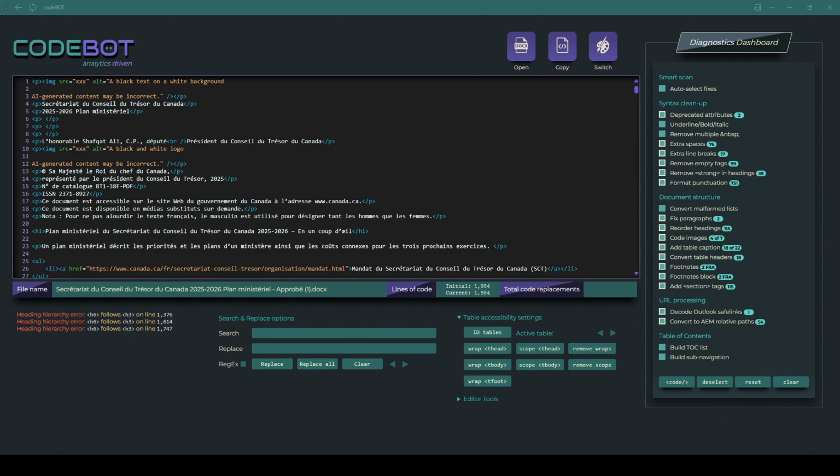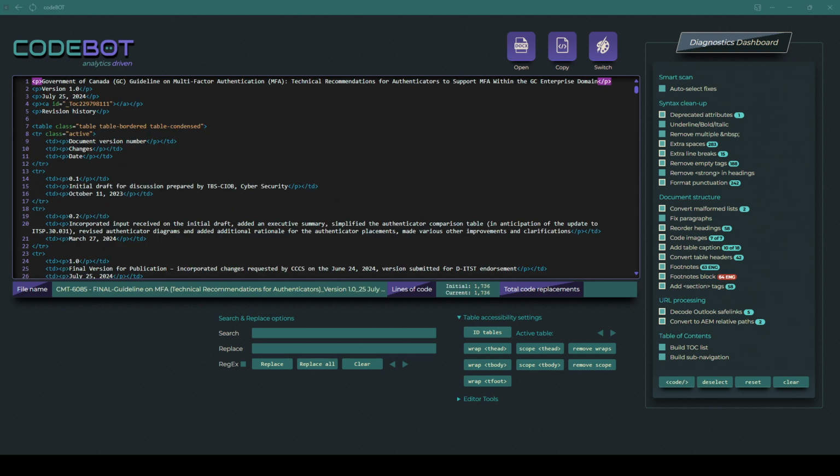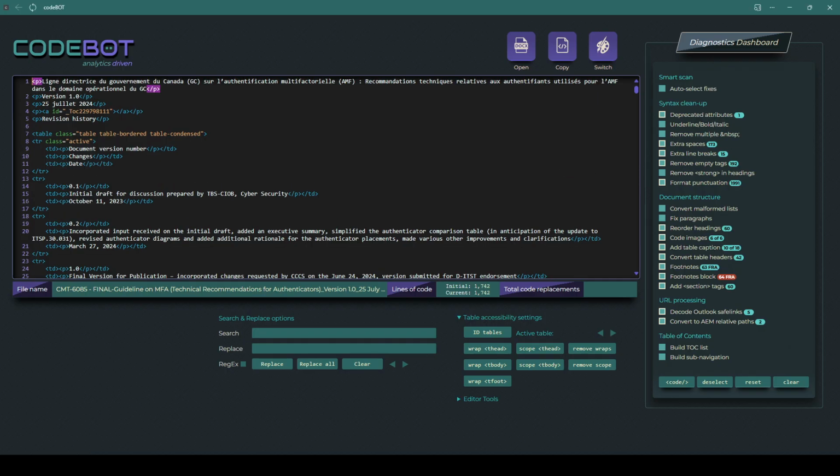Each issue is shown as a labeled checkbox, with the number of instances found, and users can run individual fixes or apply all detected corrections at once. It also adapts automatically for bilingual content. The main components include